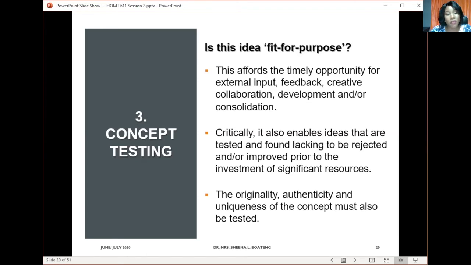So again, through the creative collaboration that you are doing with others, you can improve the idea prior to investing significant resources into it. Hence, the originality, authenticity, and uniqueness of your concept will be tested within this phase. Because if you are brainstorming, it will emerge whether or not this idea is original. Because by collaborating and discussing with others, they can tell you that, oh, this thing that you're